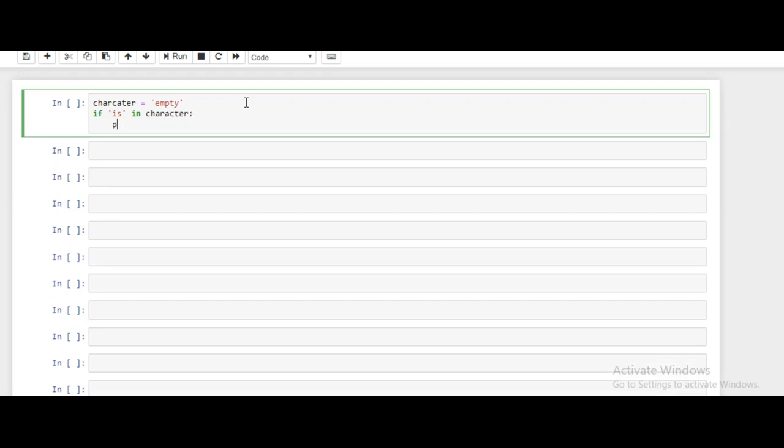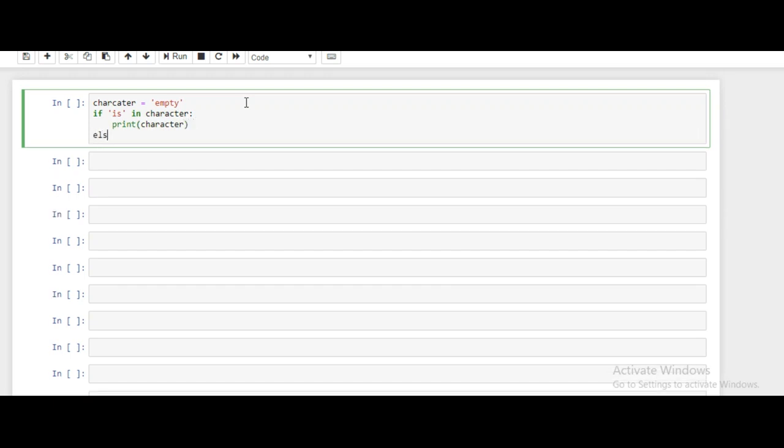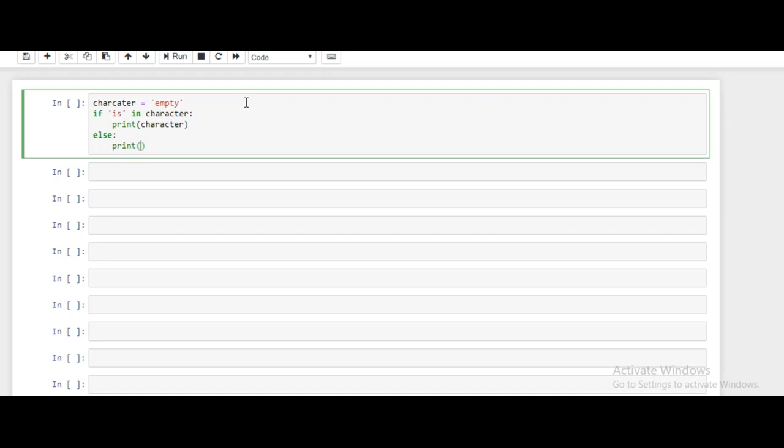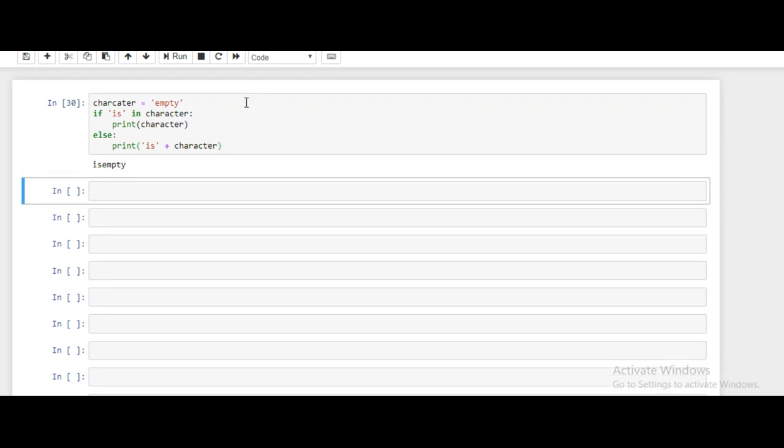I have to print the variable as such. Else I have to add an "is" in front of it and return the variable. So here I am writing another condition. So this is not present in that variable character.